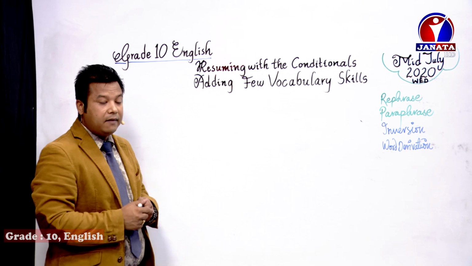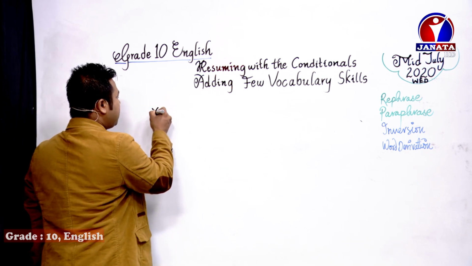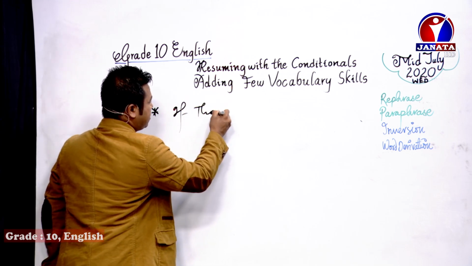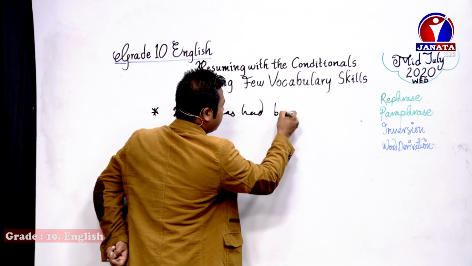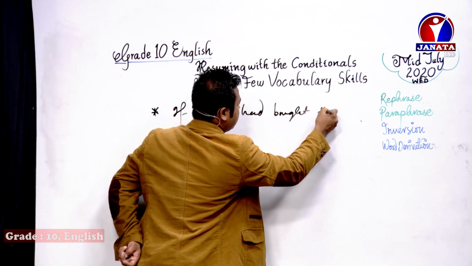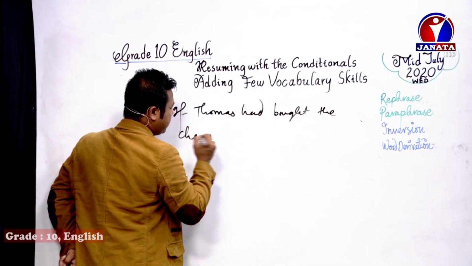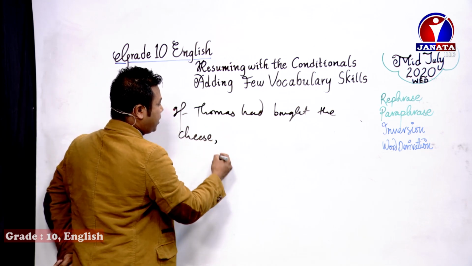Now, what is this inversion or reversion case? See here, a simple example I would draw. If Thomas had bought the cheese, look at the situation I'm drawing. If Thomas had bought the cheese,